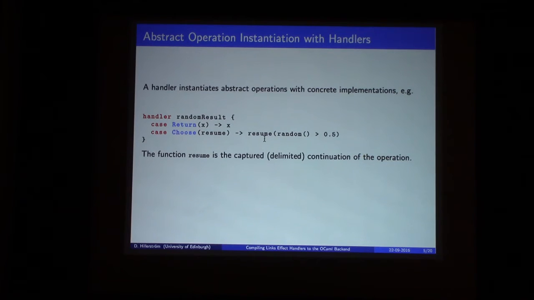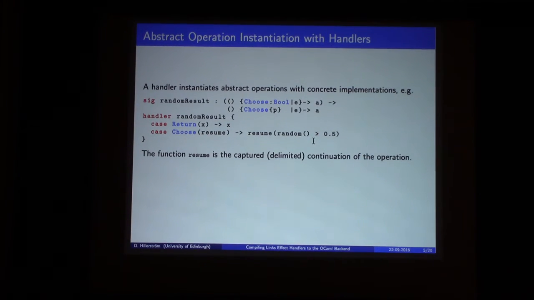The return clause, which is always mandatory, tells me how to handle the return value of the computation I'm handling. And then the choose clause tells me how to interpret the choose operation. You might see here it exposes a parameter called resume. That is what Oleg called K in his talk. That's simply a continuation of where the operation was originally invoked. So what I'm doing here is saying, give me a random number between 0 and 1.0, and if that's greater than 0.5, then I return true, otherwise I return false. So